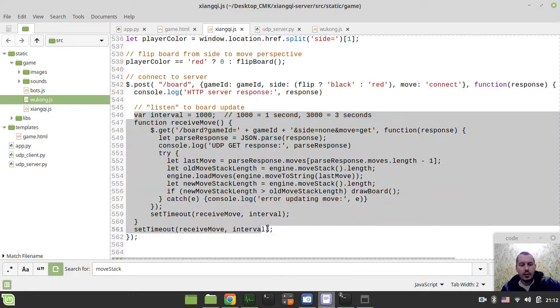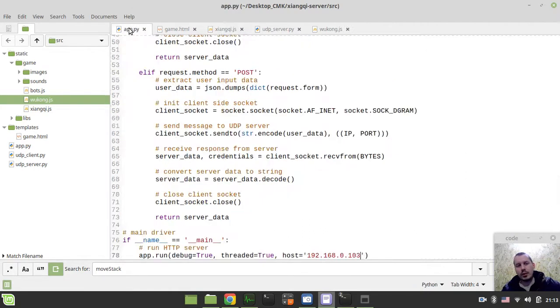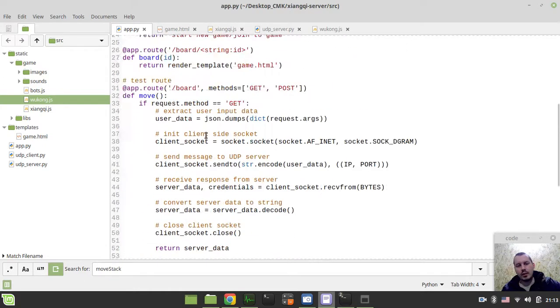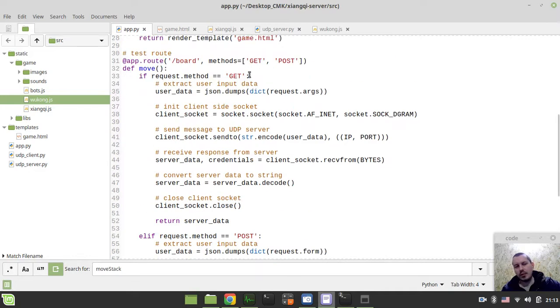So this logic makes AJAX calls, HTTP GET requests, every 1 second in the background. I'm using the setTimeout function, which works asynchronously without blocking user input, and it goes to this HTTP route. Here in app.py, I have a POST method for making moves and a GET method for keeping track of the